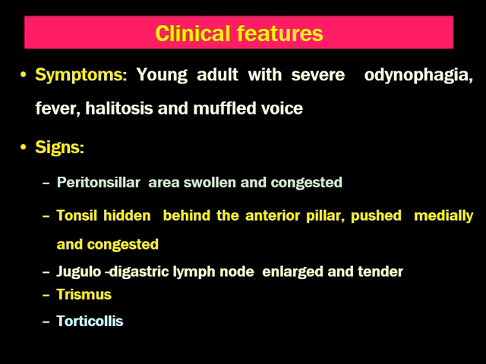Occasionally, it will be difficult for us to look at the tonsils because the soft palate area will be very much swollen because of soft tissue. The patient may have enlarged and tender jugulodigastric node, and the patient may have torticollis also. Occasionally, the patient may be in respiratory distress, and will have a toxic look as well. Looking at the symptoms and the signs, we should suspect a case of peritonsillar abscess, and we have to go for investigations and treatment. Blood investigations are to be carried out to look for toxicosis and for lymphocytosis.